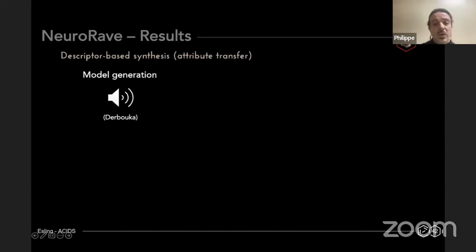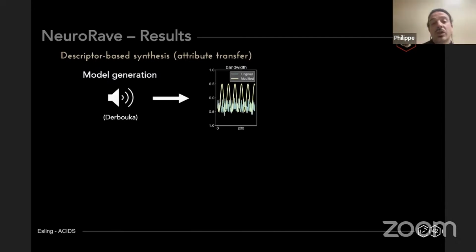You can find this paper at IRCAM. It's called Eurorack. Basically, it's a mix between RAVE and this Eurorack I showed you. So let's say we start with something which we generate with the model. This is generated by RAVE, but we can't really control specifics. Adding this new mechanism, we can actually say that we want to change, for instance, the bandwidth of the signal following a simple Eurorack signal like a sinusoid.